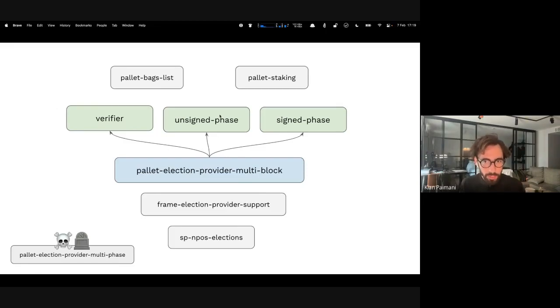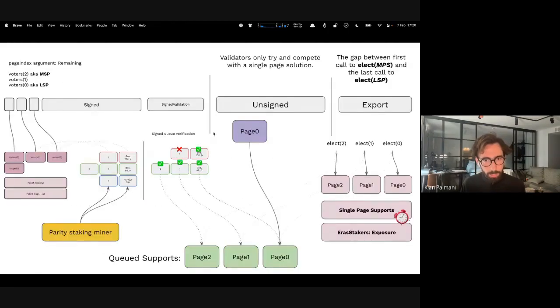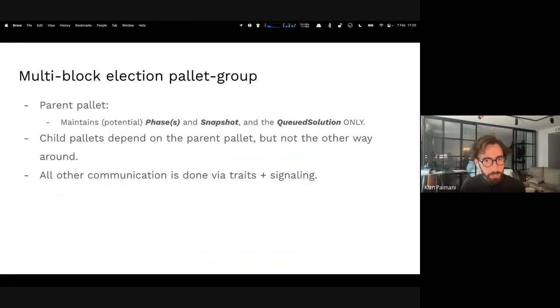These 2 are kind of clear what they're doing. And there's one palette that only does the task of verifying solution and keeping the best one queued. So basically this bit of the work, something like this. So it's a palette that can accept requests to verify stuff, and it always keeps the best one somewhere in storage. And the dependencies currently is that